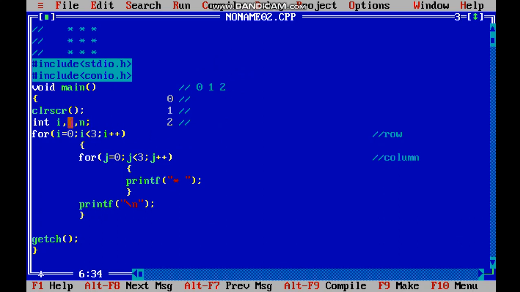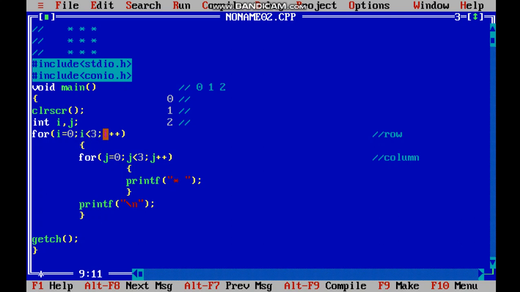What I did was declare i, j and n as integer type, where I did not use n, so it is of no use. Coming to the first for loop, it executes from i equals 0 to i less than 3, that means 2, so 0, 1 and 2.